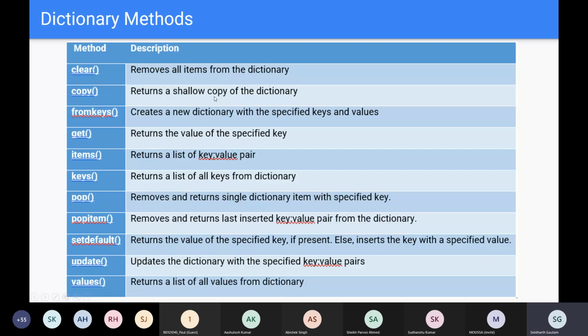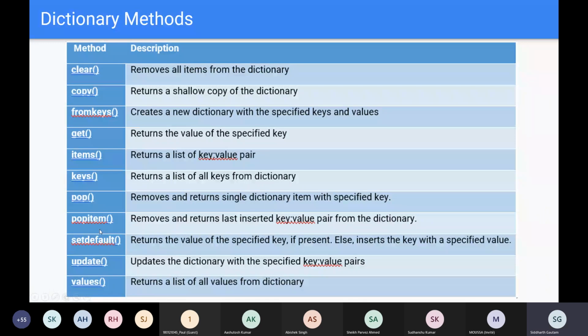So what's a shallow copy and what's a deep copy? The difference only comes across when we are working with huge data sets, and since I don't have that to show you right now, we are going to skip the concept of shallow copy and deep copy, and let's move on to some of the other functions.